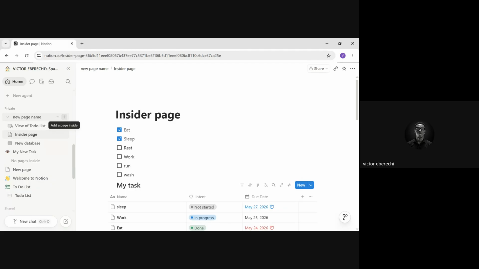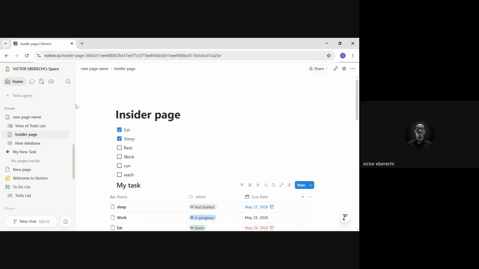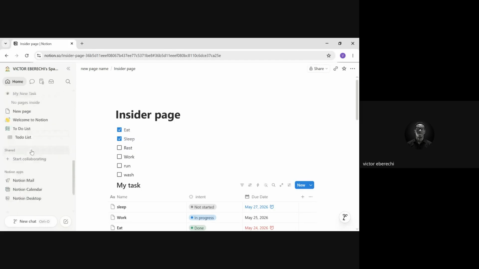That is it. Now, if I want to manipulate that page, maybe delete, duplicate, whatever it is I want to do, I look for these ellipses, these three dots here. If I click on the three dots, you see things like add to favorites, rename, duplicate, move to trash, open in a new tab, open in peek. All of those interesting things you want to do, you can do here. So that's another important thing that exists in the sidebar that I'll be working with regularly. That's for the private page. The same thing applies to the